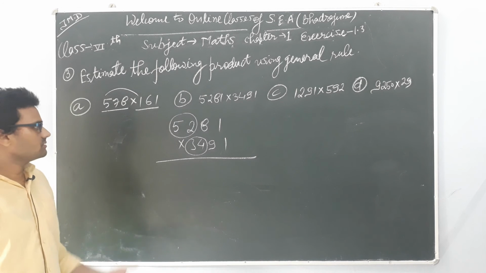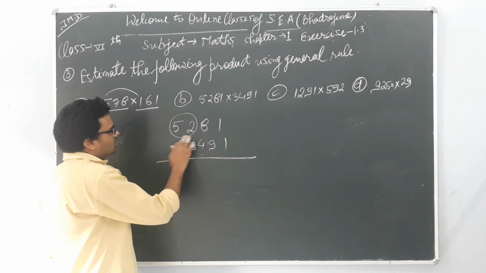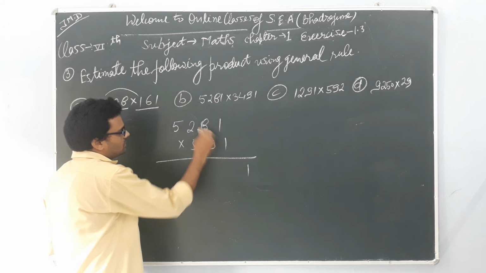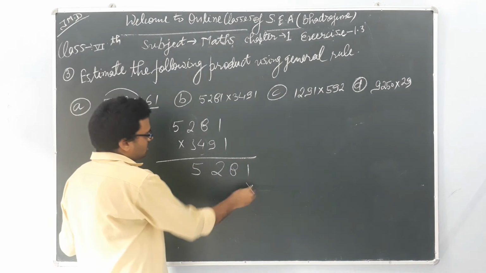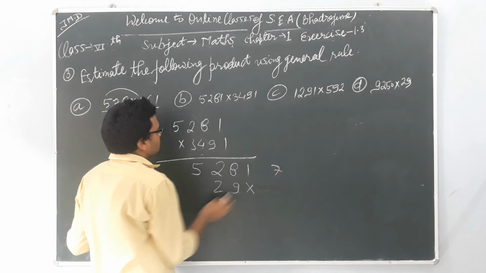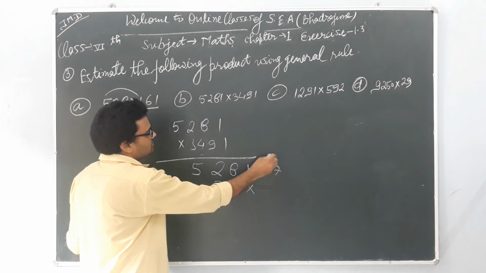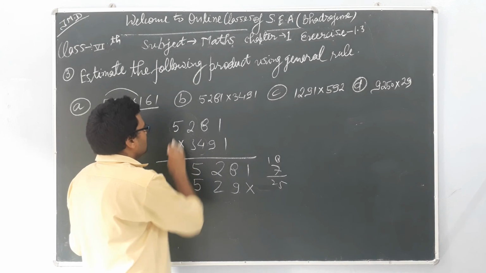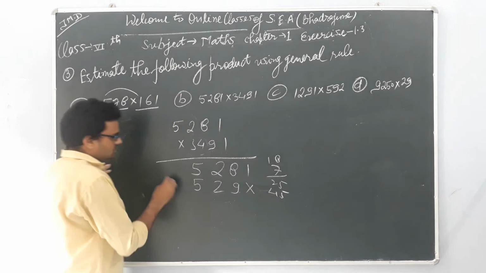If you have any problem, then you can comment, no problem. So I am just multiplying both of them. After multiplication, what I will get is 9 1s are 9, 1 1 is 1, 1 8 is 8, 1 2 is 2, 1 5 is 5. Multiplied with 9: 9 1s are 9, 9 8s are 72, 2, 7 carry, 9 2s are 18, 18 plus 7 is 25, 5, 2 carry, 9 5s are 45, 45 plus 2 is 47.